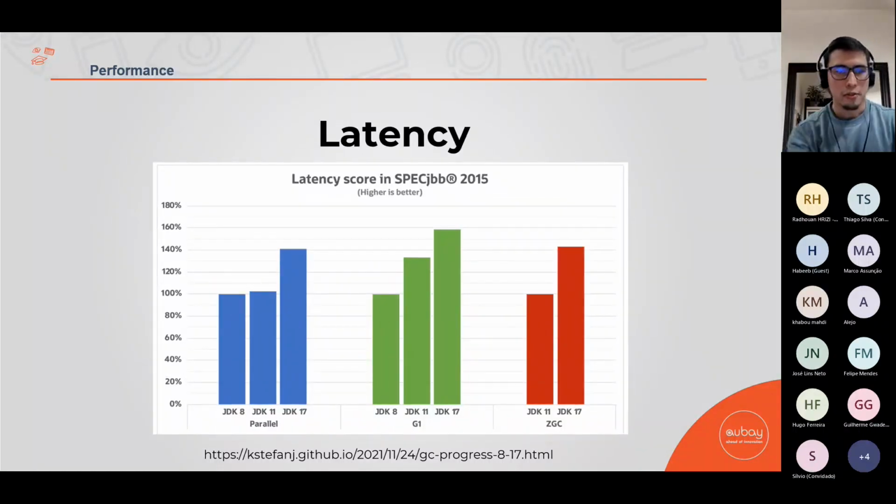And the last thing that I will talk about performance is latency. This I think you already know. If you don't know, latency gives an indication of how long a single operation of the application takes. It's basically that. And again here, Java 17 has the best performance if you compare with latency. Okay, so yeah, it's a really huge difference if you compare JDK 8 and JDK 17.